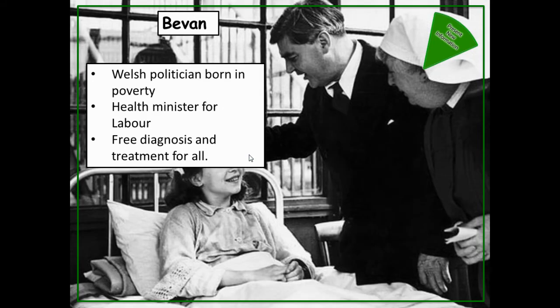Final person that we're going to look at in public health, and as I've said all throughout, this isn't all of the individuals within the medicine course, but it's just to try and give you an overview and make sure we're recapping, because the last time you would have studied these people is probably a while ago for some of you. Aneurin Bevan was the Welsh politician born in poverty who was at the